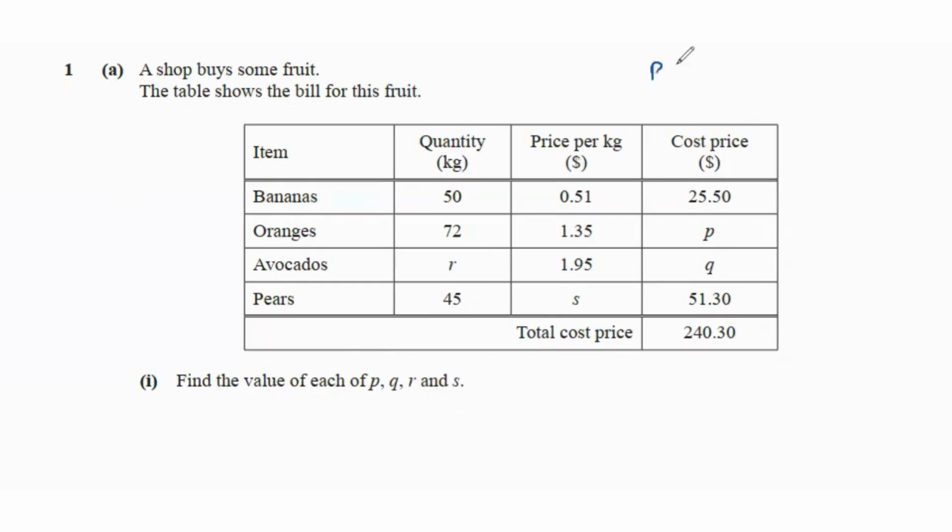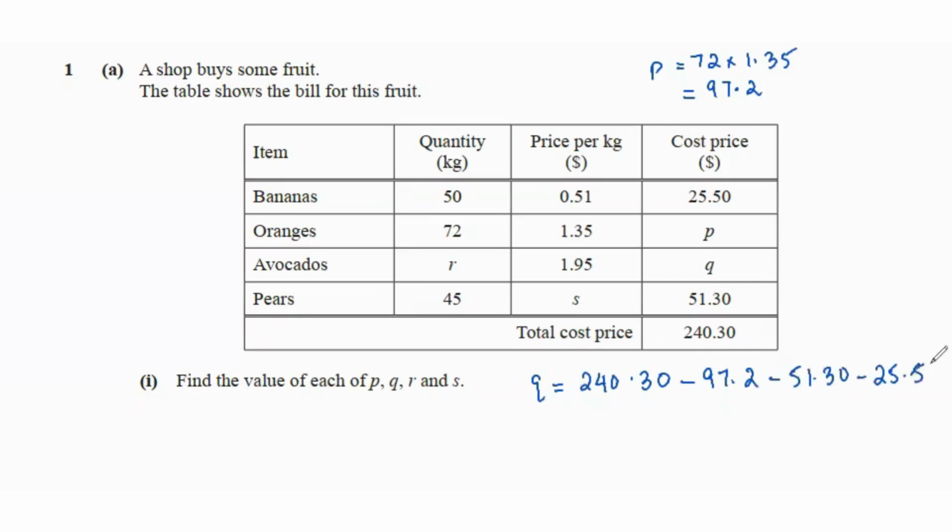So for P, what we'll do is we will do 72 times 1.35, which is going to equal $97.2. Then for Q, we're going to subtract all of the cost prices from 240.30, which is the total price. So 240.30 minus 97.2 minus 51.30 minus 25.50, and that's going to equal